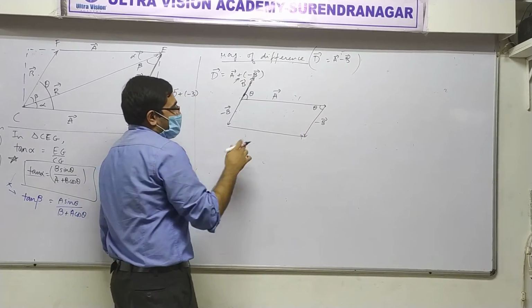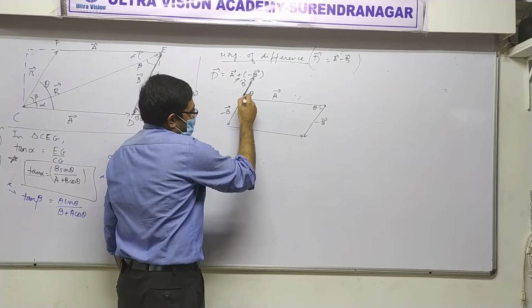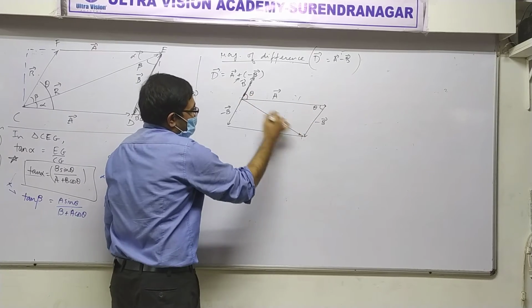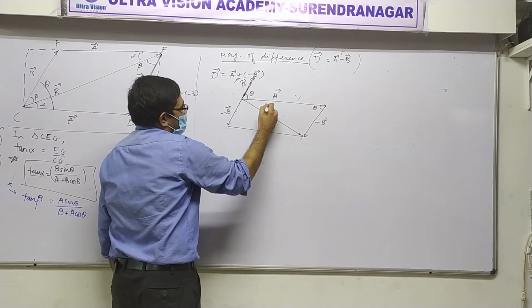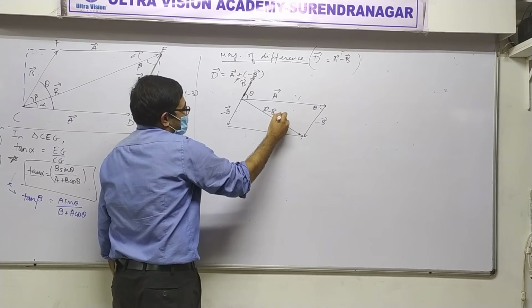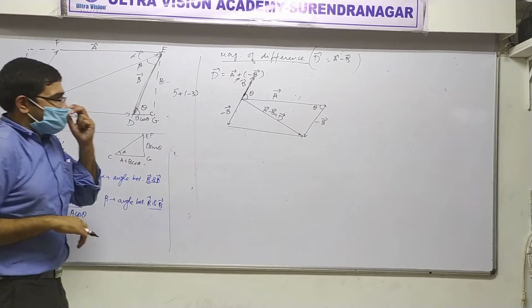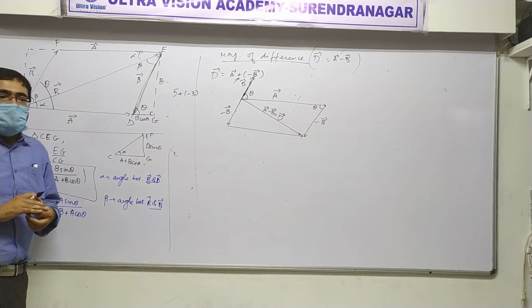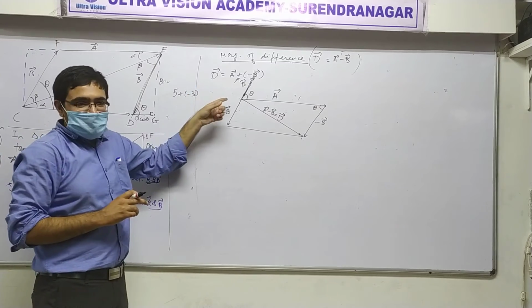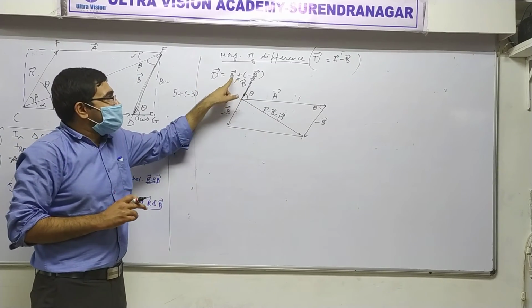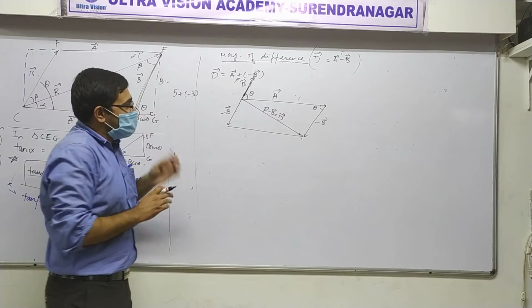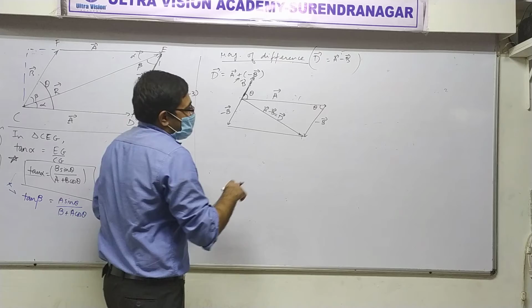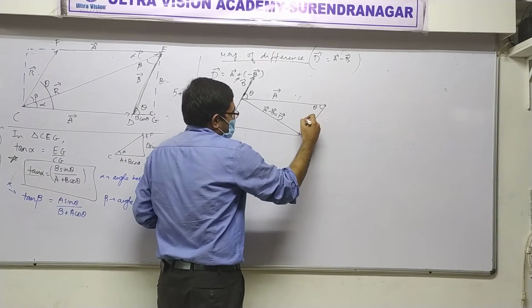Now, to complete the difference vector, I will have to draw a diagonal, because in a parallelogram, when you draw the diagonal, you are actually adding. So this is A vector minus B vector, which we are calling D vector. We have used the parallelogram law of addition, nothing else, for this vector and minus B vector. Now, with a similar looking diagram, I want to find out the magnitude of this resultant.